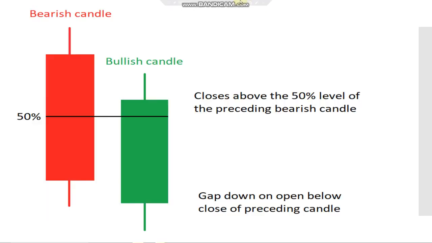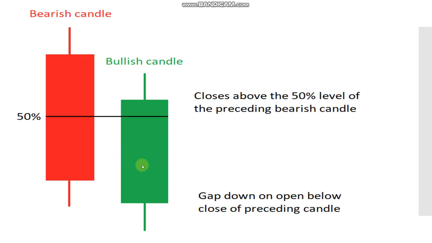So let's try to understand how a piercing pattern looks. To form a piercing pattern, at first we need a bearish candle or a red candle, followed by a green candle or a bullish candle. So what is the condition? There are two conditions: after the red candle, there should be a green candle, and the